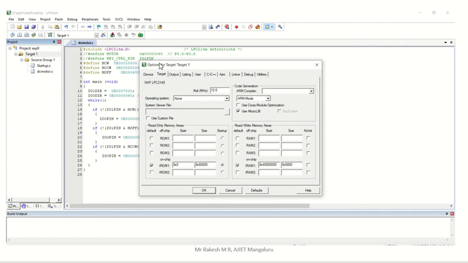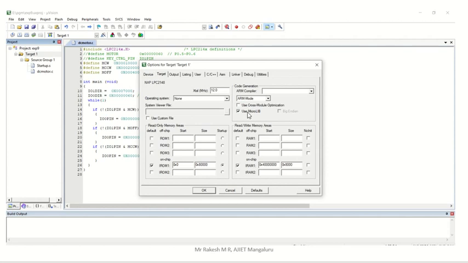That we are doing here. First thing, you have to select device. Device should be LPC 2148. Then second, you have to click on target. When you click on target, see here it should be 12 megahertz. That is, the megahertz is already predefined, type 12 here. If that 12 is already there, no issues.